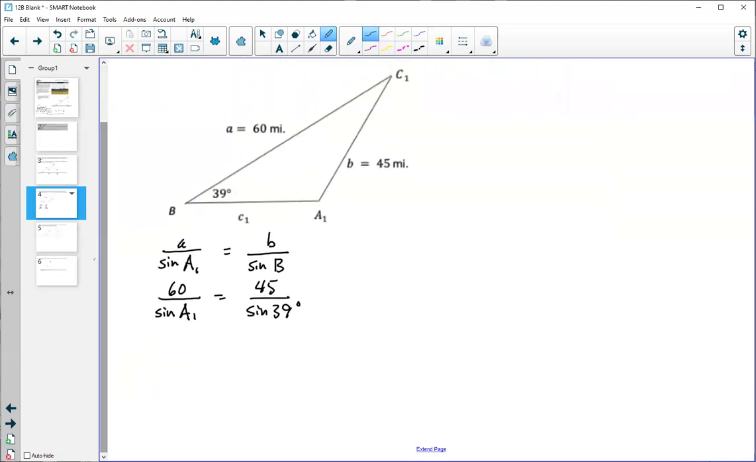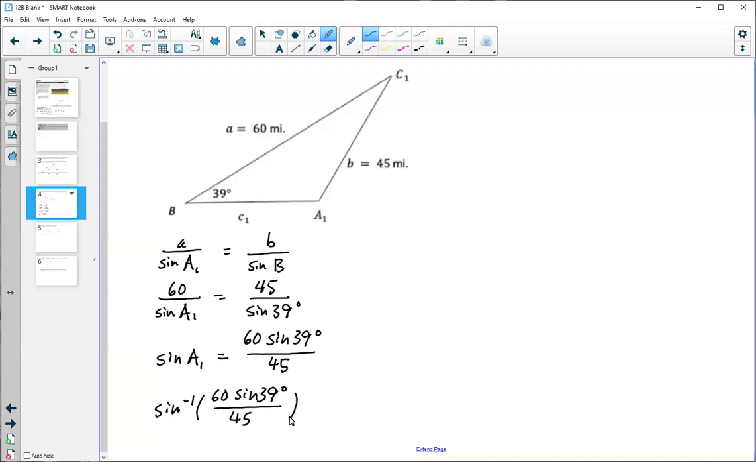So I'm going to scroll down here. Now let's rearrange this. We can write this as the sine of A1 is equal to 60 times the sine of 39 degrees over 45. So we could write this as the arc sine of 60 times the sine of 39 degrees over 45. And remember, this is going to be our A1. So if we calculate this, we find that A1 is equal to